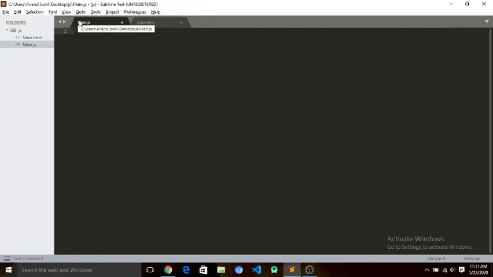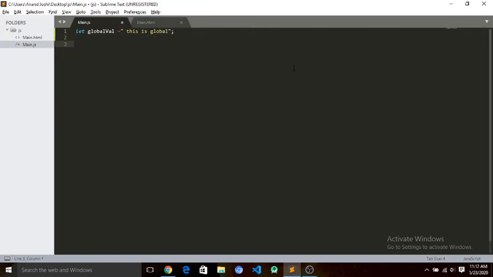So we are basically talking about the variable scope. First of all, we have to take an example. In this example, we have a global variable defined in the first line in global scope. Then we have a local variable defined inside the function. So first of all, we have to create a variable. let globalVal is equal to "this is global",